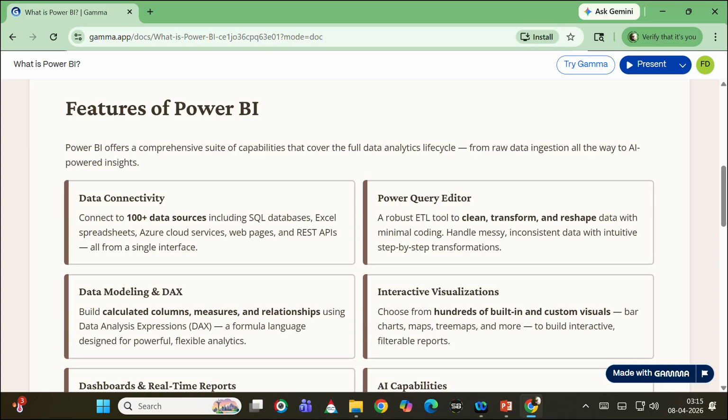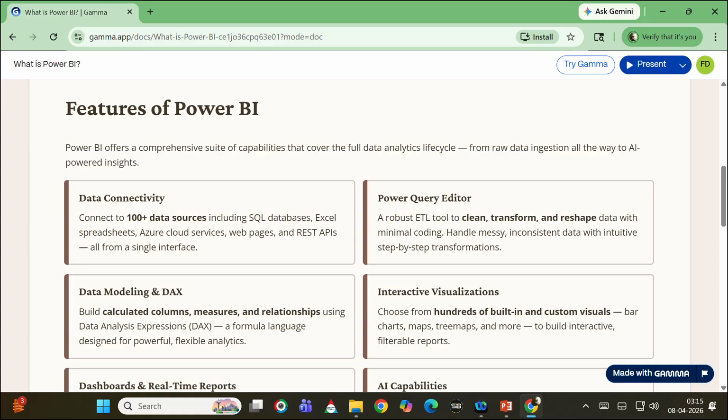And next is some columns can be calculated automatically. Say for example, if you have stored your date of birth in a column, you can easily find out age. You need not store age in a separate column. Okay, if you have date of birth, you can easily find out what may be the age of that particular person today. Okay, that you can automatically do with the help of expressions. That is what is called the data analysis expressions.